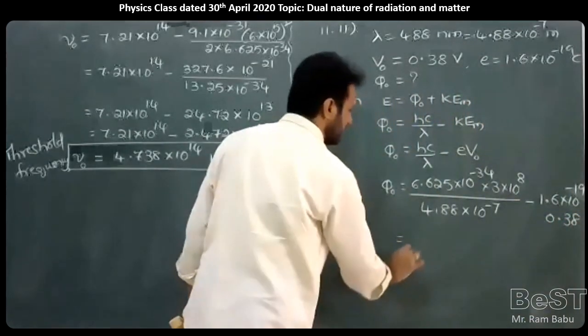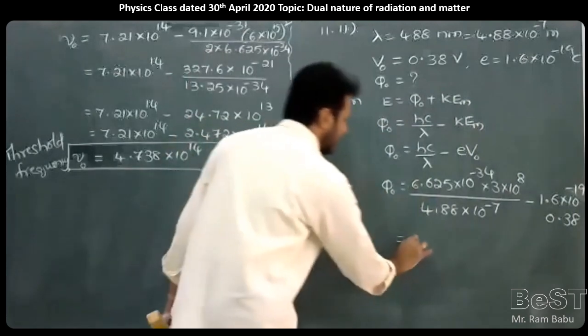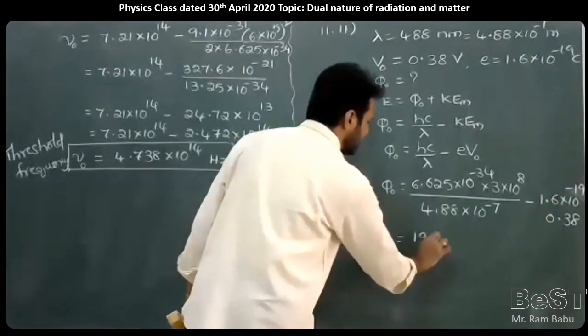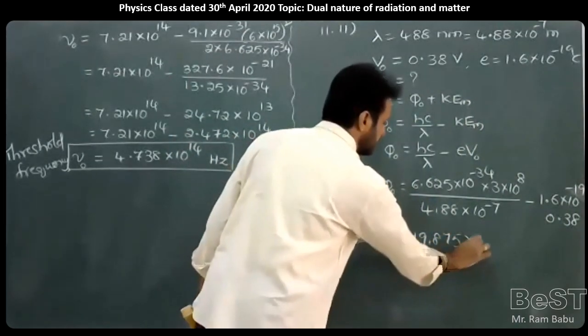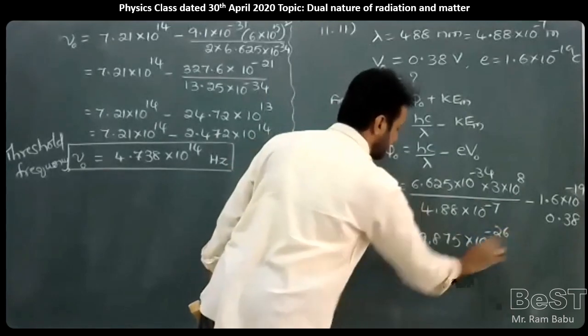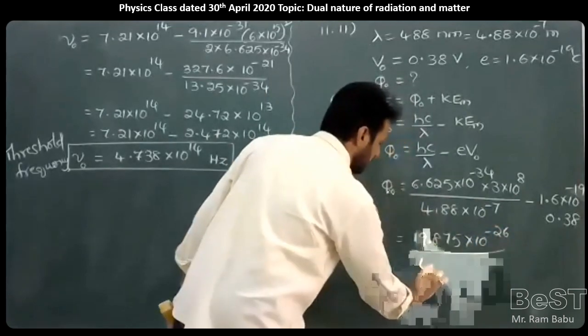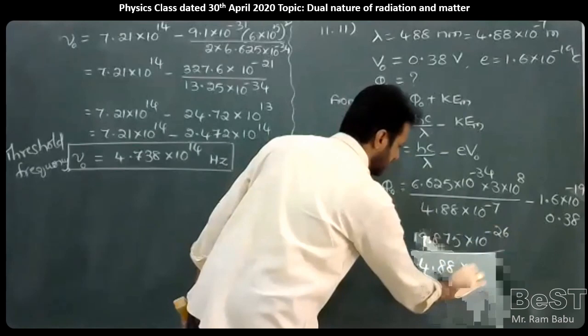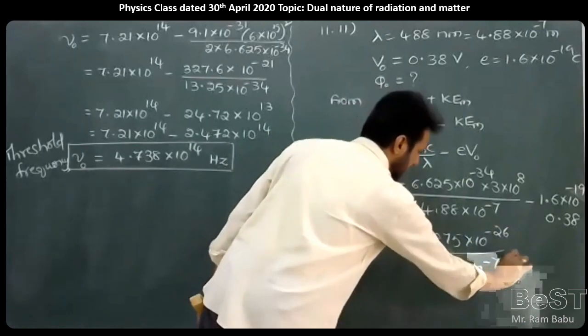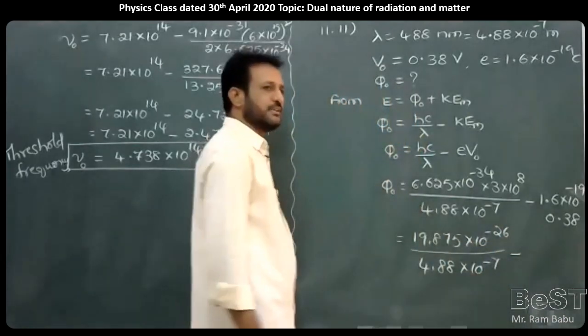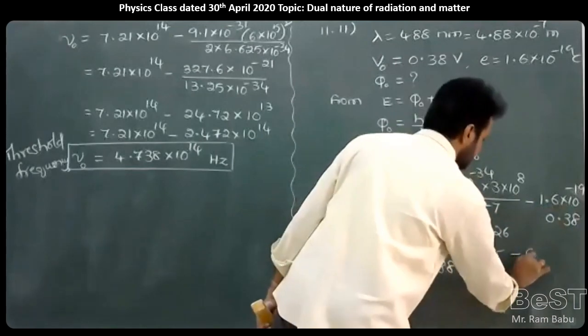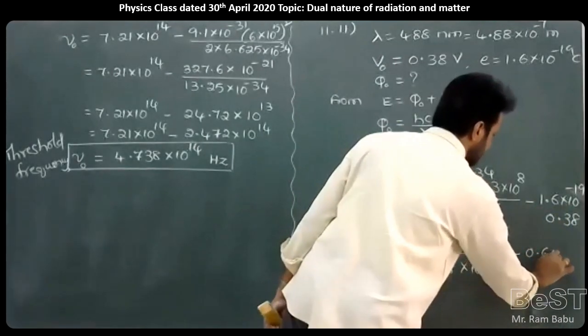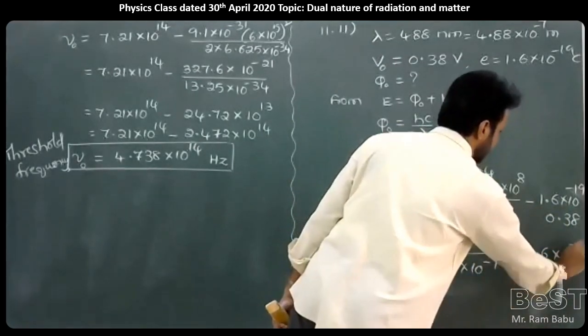Now the numerator value 6.625 into 3, 19.875 into 10 power minus 26 by 4.88 into 10 to the power of minus 7, minus 1.6 into 0.38, 0.60 into 10 to the power of minus 19,